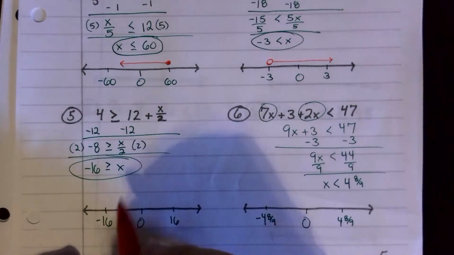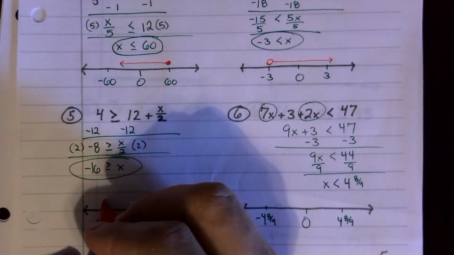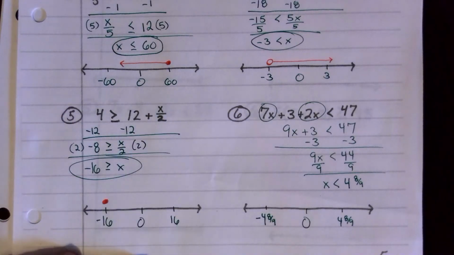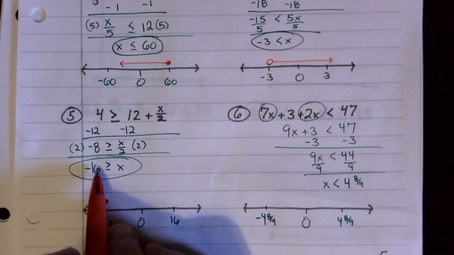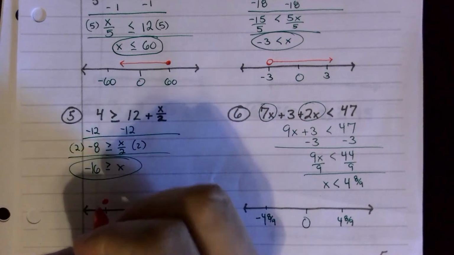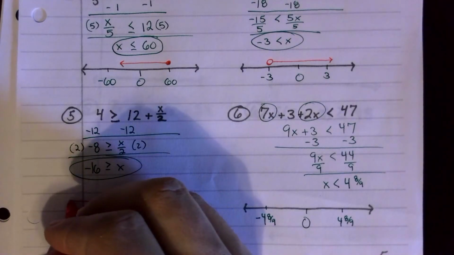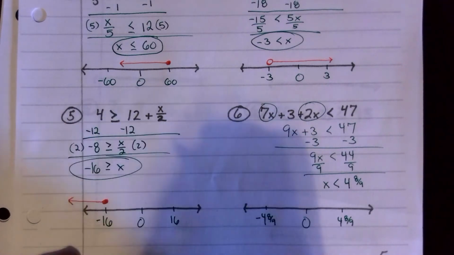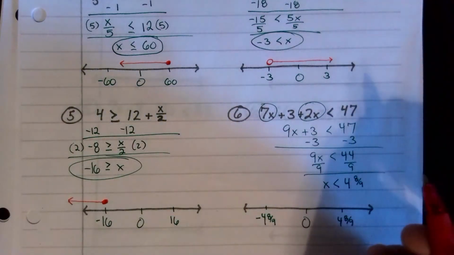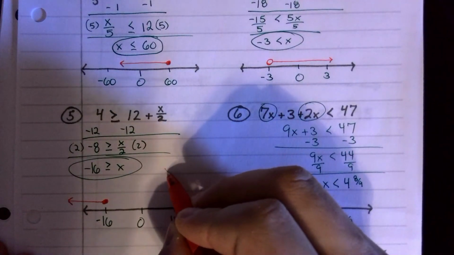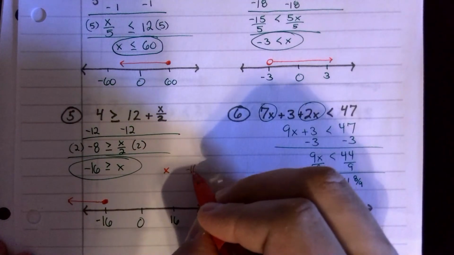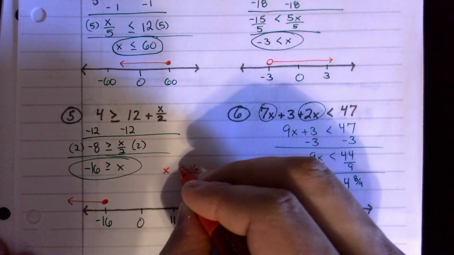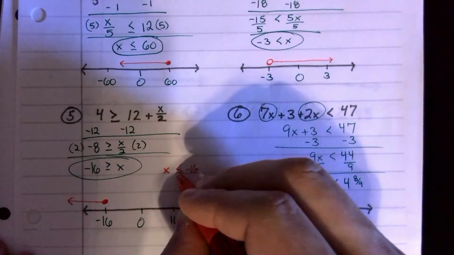Here I counted by 16s. More chalk at -16, so it's a filled in circle. And Gary's chomping the -16, so -16 is larger than my answer. Therefore, if -16 is larger, my answer is smaller. So it would be all the numbers smaller than it. By the way, another trick some people use is you can rewrite your answer so that x is first. You just have to make sure Gary chomps the same thing. So I can put x in -16 and make sure Gary is still chomping the -16. And as long as you write x first on the left,